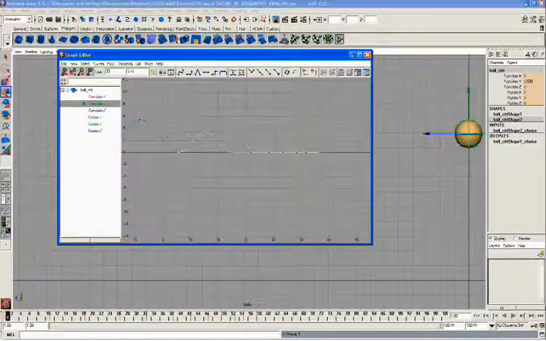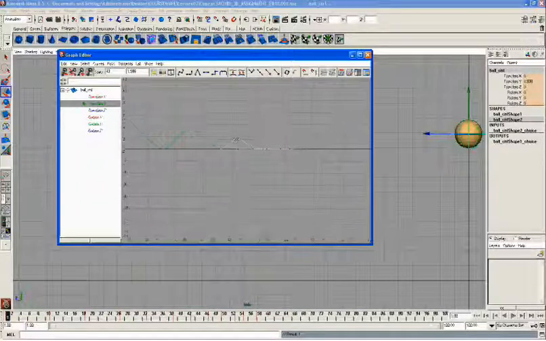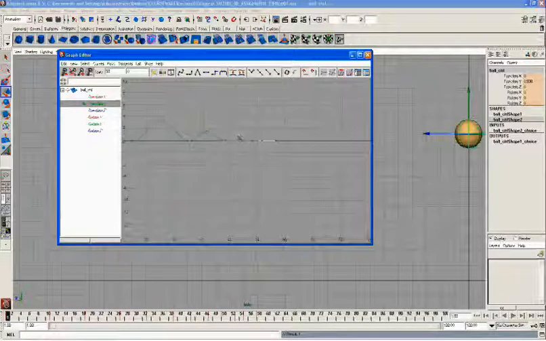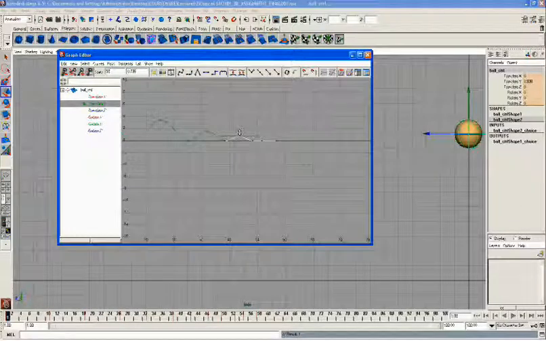And then our next frame, which is coming on 43, I just move it up. And the next frame, which is coming on frame number 50, I just move it more up.